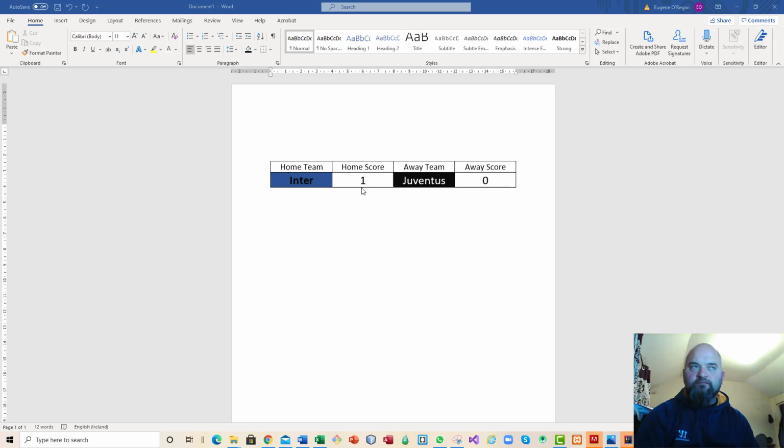If the home team scores more than the away team, the home team wins. The second scenario is that if the away team's score is greater than the home team's score, the away team wins. And the third scenario is that if both scores are equal,